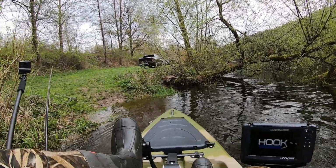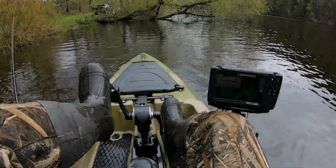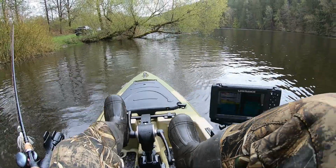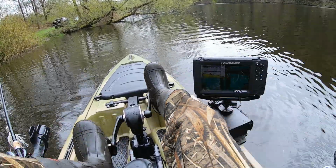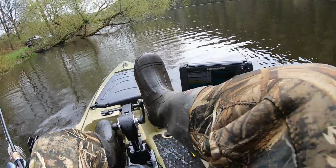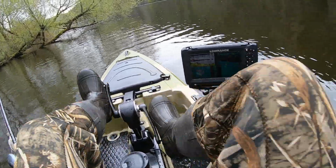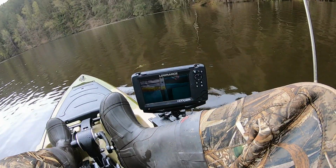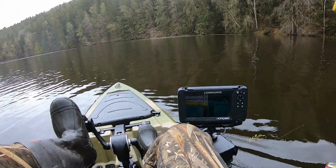So now we're just gonna go backwards here. As you can see, it's just that simple, boys. It's like riding a bike. I'm going reverse now. I can switch it up and immediately just start pedaling forwards, and I'm in. I'm gonna go fast, harder, get this turn. And I got my sonar right here, so I can see everything on the sonar